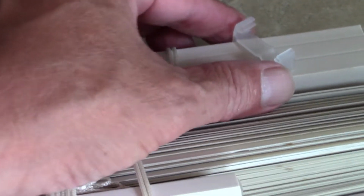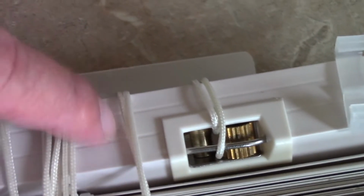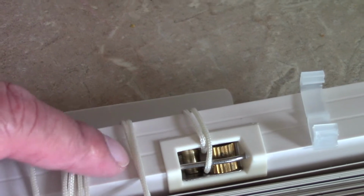Okay, in this case, this is the old one, and the headrail of the old one is smaller than the new one. This is the new one. I put them on top of each other so you can see the headrail of the new one is much bigger than the small one. So in this case I cannot use the old bracket, so I have to take the old bracket off and install the new bracket. And it comes with the